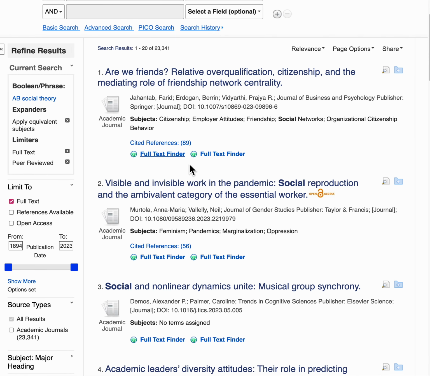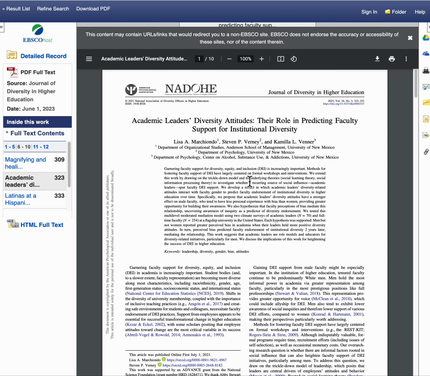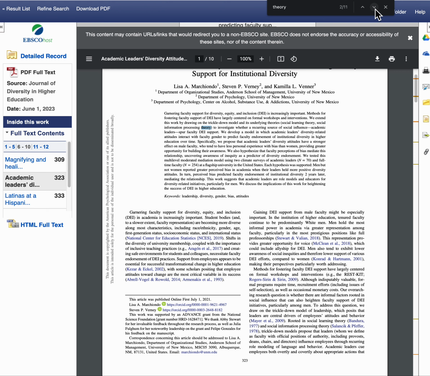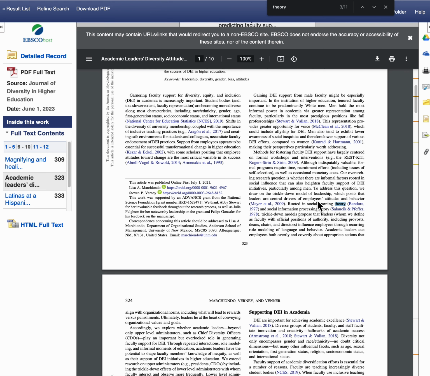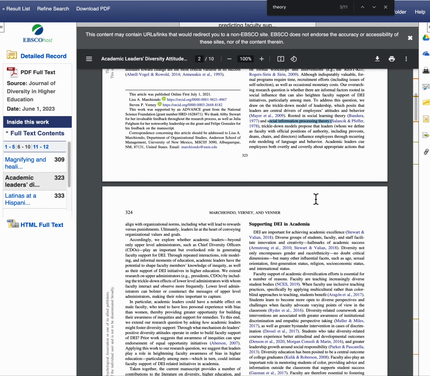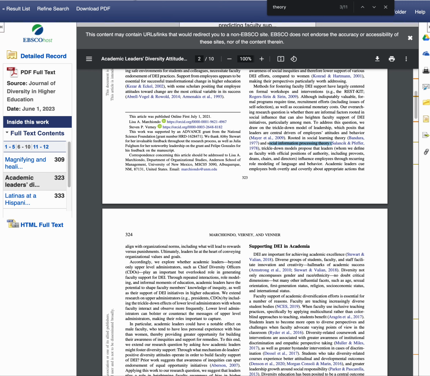And then once you're in here, I'm just going to get to one that has the PDF full text. I would just do Command F and just quickly look for theory. Oh, you can already see it. See how there's social learning theory, social information processing theory. You can already see them right there. And then if you click down, see, it's telling you about social learning theory in the introduction, social information processing theory. So those will help you with that first critical element,